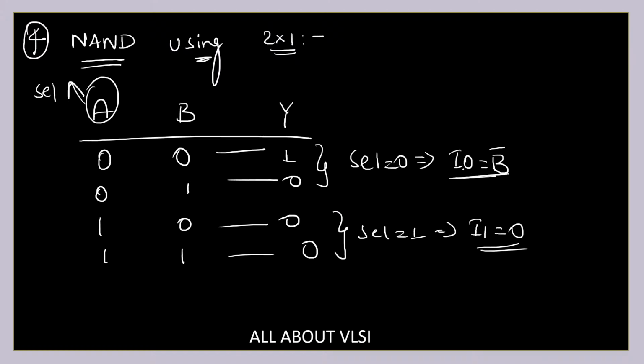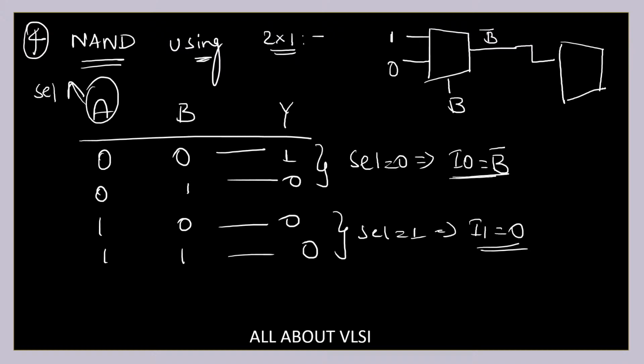So for implementing B complement, I need one more multiplexer. So I need a multiplexer like this, where I'm going to have the select line as B, and one of the inputs as 1 and another equal to 0. So from here, I'm going to get B complement. This B complement is given to the I0 pin, and the select line of the second multiplexer is connected to A, and the second pin is connected to 0. So this is how we are going. You can also cross verify with Shannon's expression. It is nothing but y is equal to A complement into B complement, which is nothing but